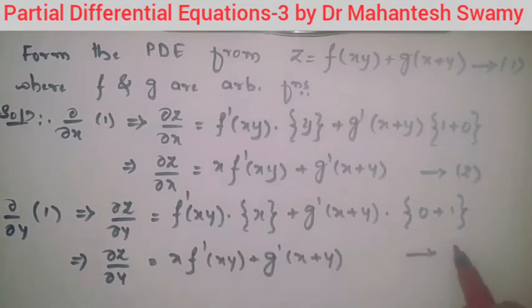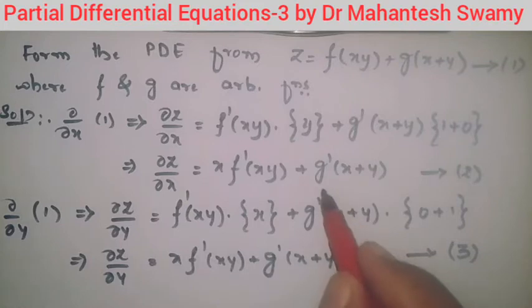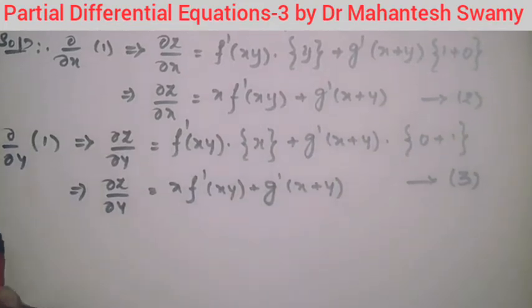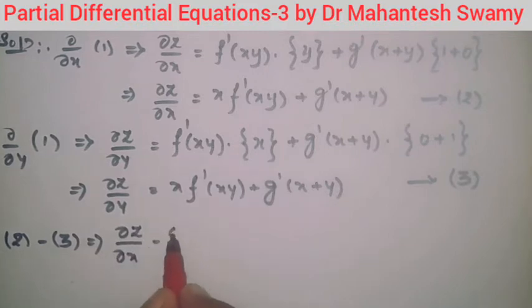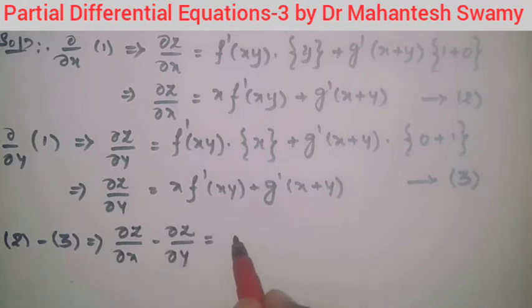Now we can observe here our work will be easier to eliminate f dash and g dash. Between equations 2 and 3 we are observing g dash is here, g dash is here as well. Therefore, if we consider equation 2 minus equation 3, we can cancel g dash with this g dash. So therefore, let us consider equation 2 minus equation 3, and that implies on LHS it is dou z by dou x minus dou z by dou y. That is the LHS of equations 2 and 3 we have written directly first of all.